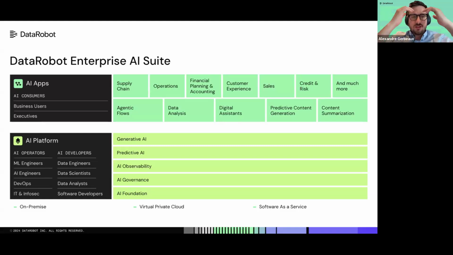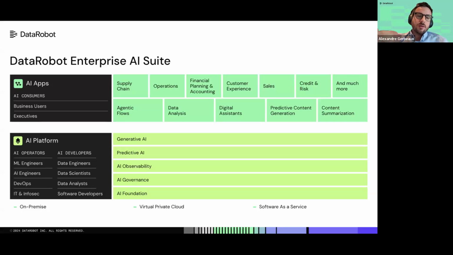What you see on the slide is essentially three layers: the AI app layer, the AI platform layer, and the persona layer on the left. The AI apps layer you can think of as the front end of your AI. You can leverage DataRobot technology here to quickly create applications, use the best LLM and framework, and then integrate those applications into your end system. This is what Abdul is going to talk about a little bit after.